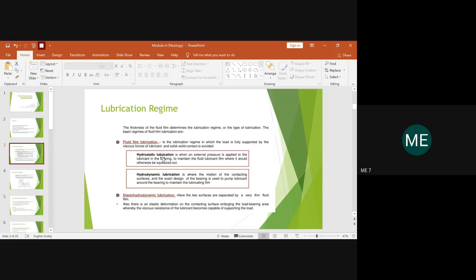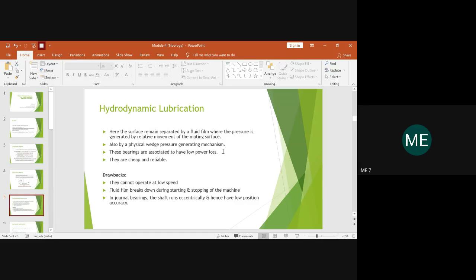to the lubricant across the contact area so that you can maintain the fluid film as per the requirement without squeezing out, or else the fluid film in between the contacts across the bearing will be squeezed out. So in order to overcome that, we need an external pressure to keep the lubricant in proper position as per the requirement. And since the fluid here is stationary, we call it hydrostatic lubrication. So with this, we just wanted to move further.